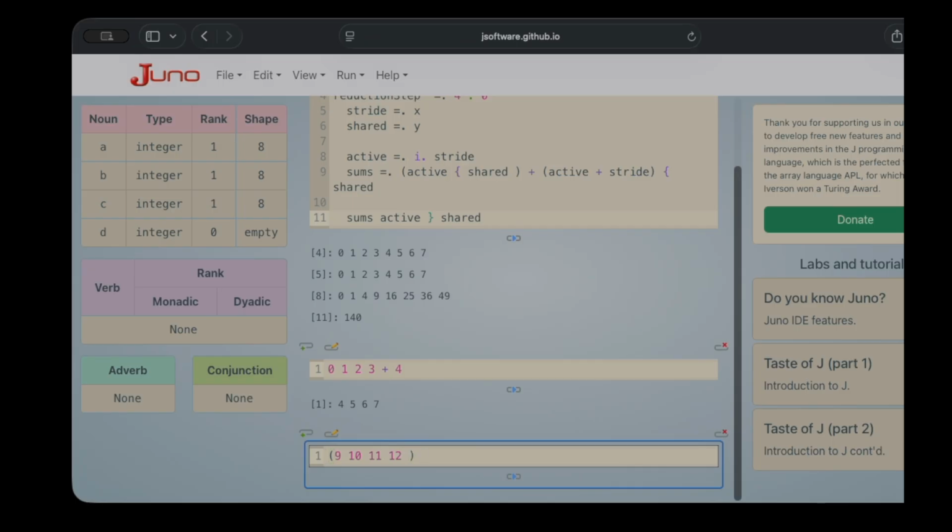And active is, let's say, 4. So what happens, let's say the stride is 4, so I dot 4 would be active. So the active would be 1, 2, 3, 4, and amend shared, so 0, 1, 2, 3,